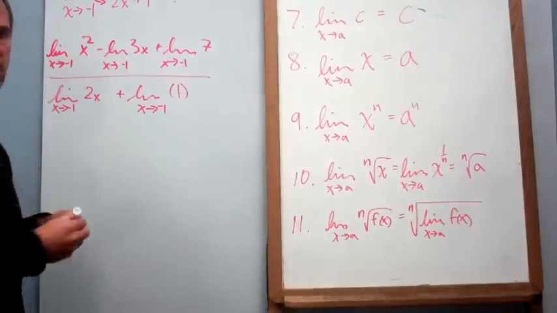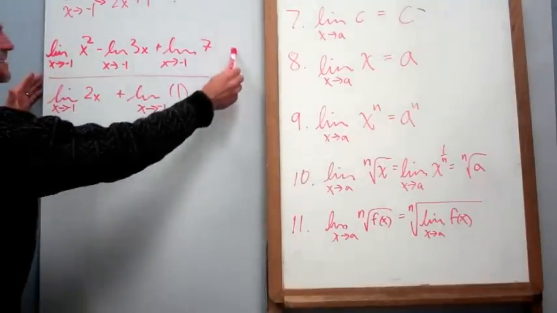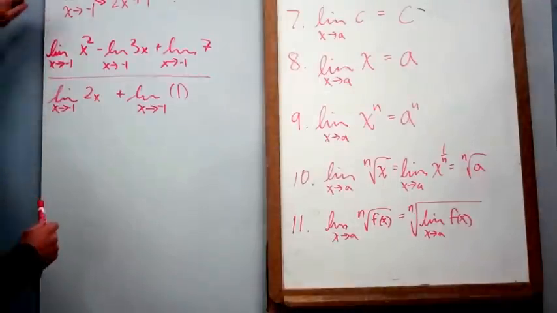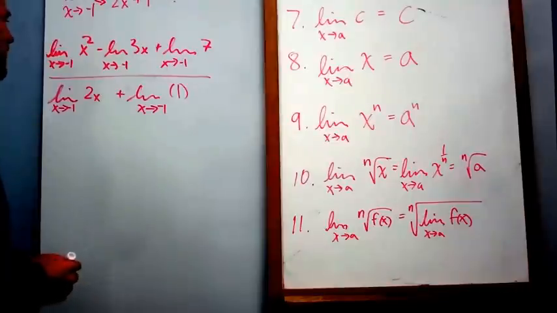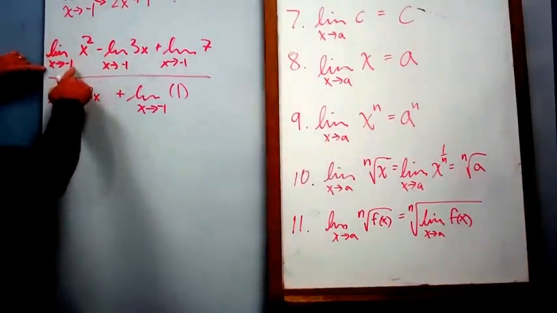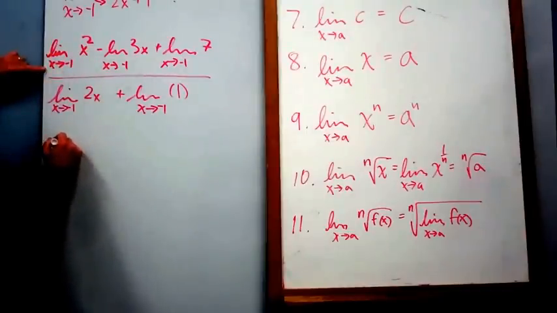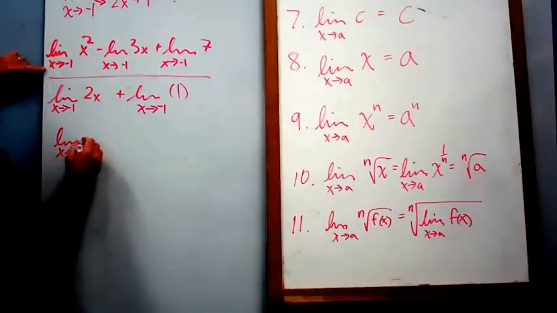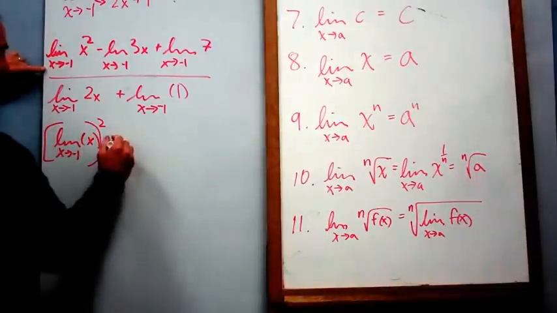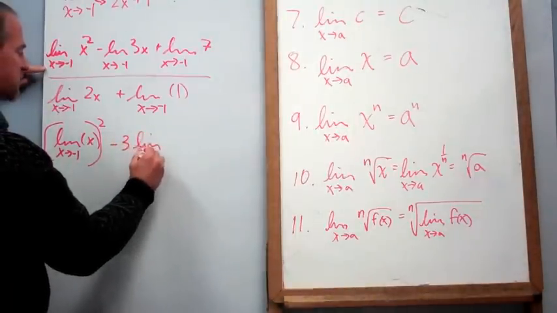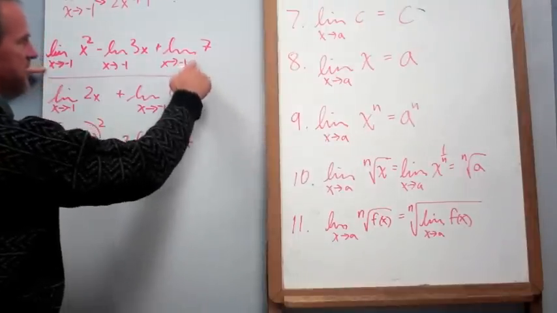So you could pause me and take a look at those laws there and the previous 5, and then list the numbers that go along according to which part of the breaking open of this rational function that we've got. But then you see that as we have a square here, we're just going to simply find the limit as x approaches -1 of x, and we're going to take that and square it, minus 3 times the limit as x approaches -1 of x, and then plus, well, we can maybe just jump out here